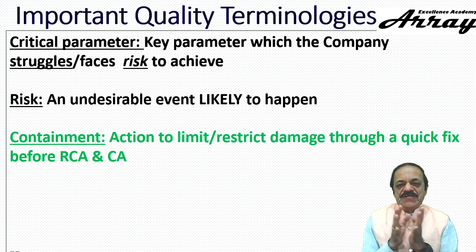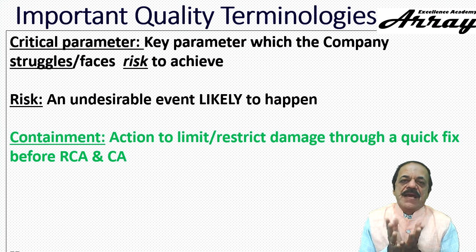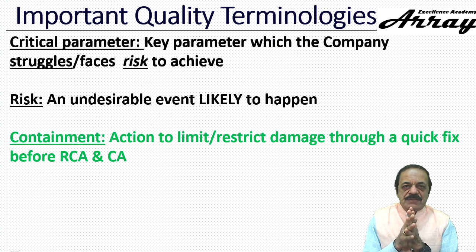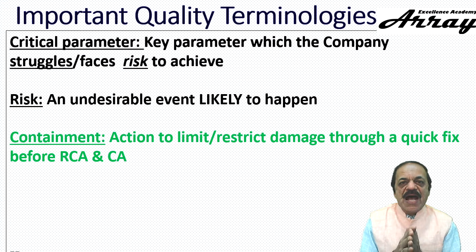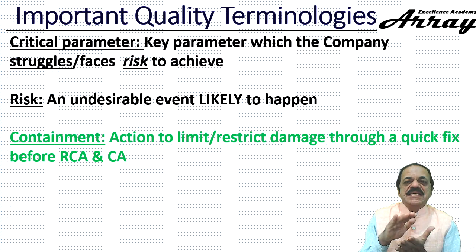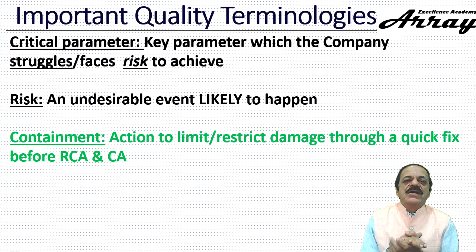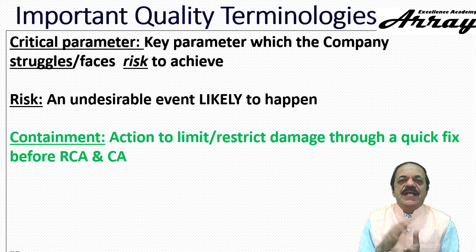Now, what could be the action to limit a damage? Now I have a lot where I am finding defects. Now what should I do? I should separate the lot from my production line and do the 100% inspection. I segregate good and bad. Good items I will again give back for the production to continue. Now this is an action to restrict damage because the danger of a defective item going into production and reaching the customer is eliminated.